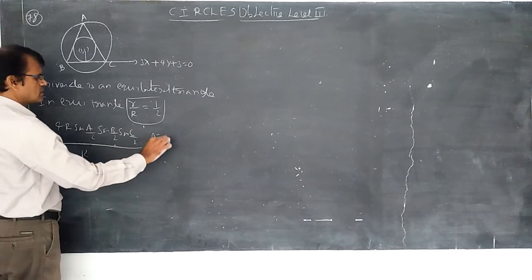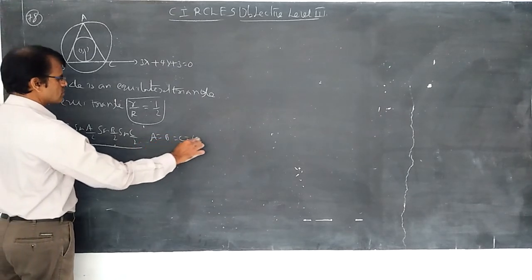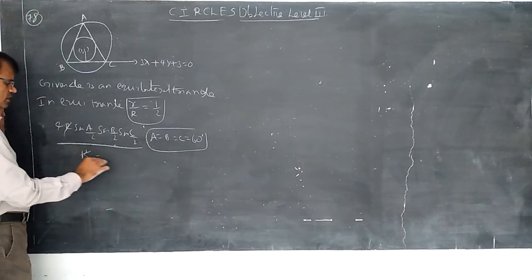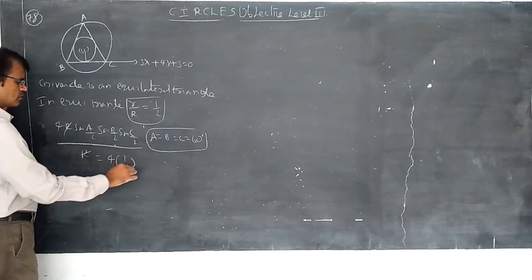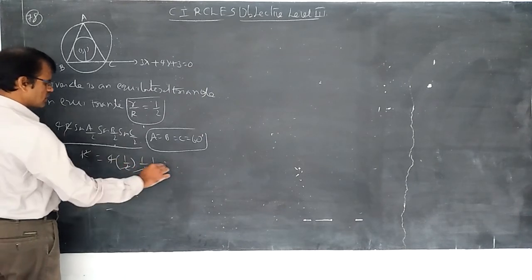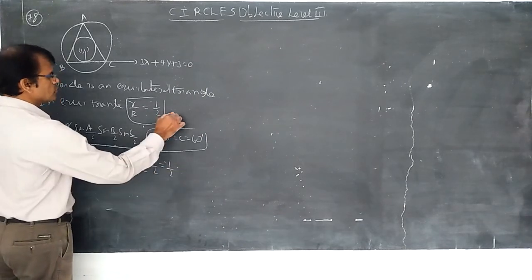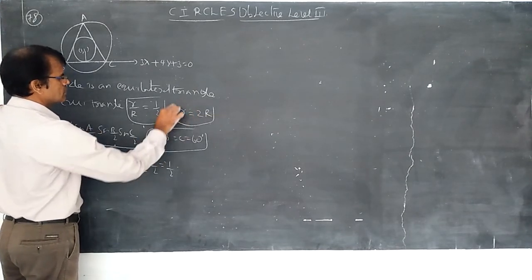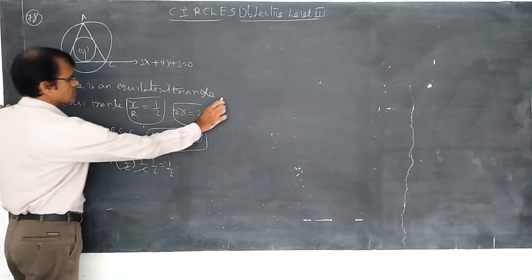Whenever the triangle is equilateral, then A is equal to B is equal to C is equal to 60. Here R and R will be getting cancelled. 4 into sin 30 into sin 30 into sin 30. The 4 gets cancelled, this is 1 by 2. So if you get the small r, then you will be getting 2 small r is equal to capital R.